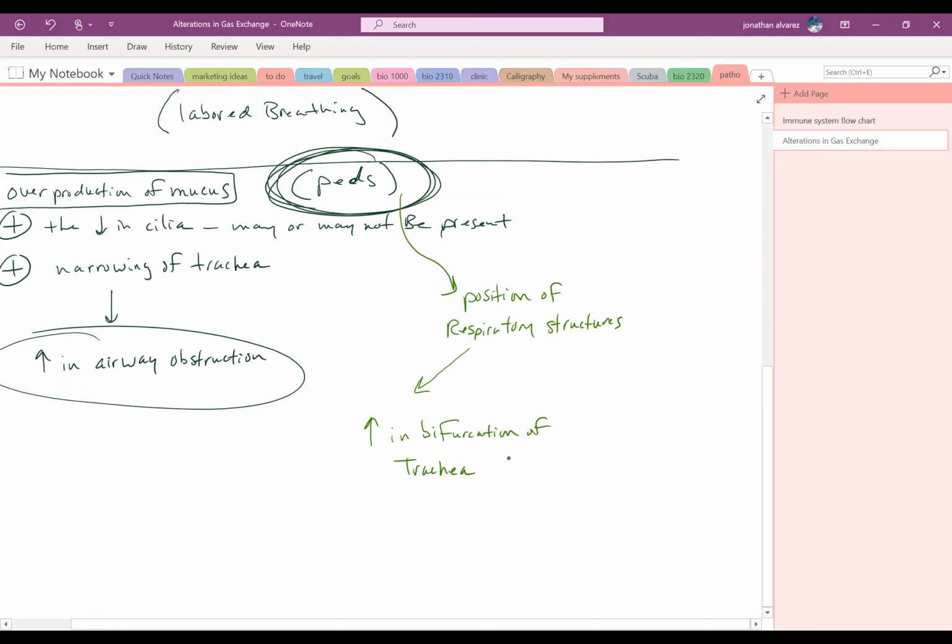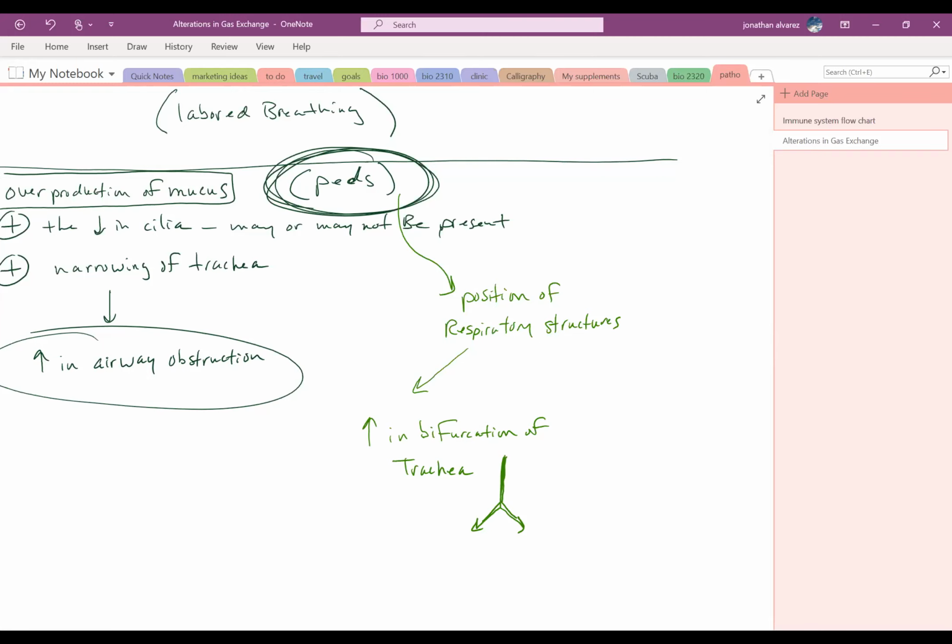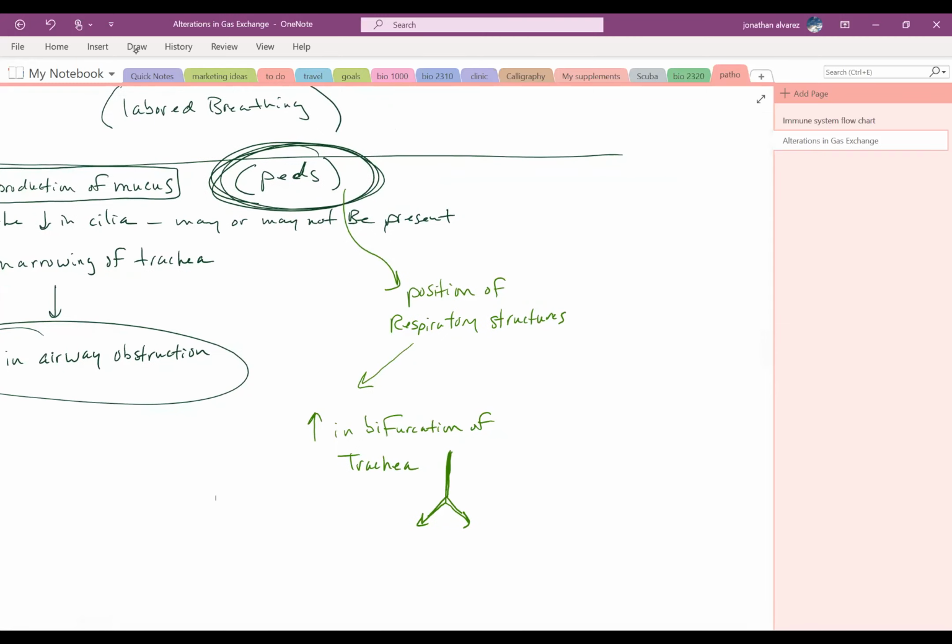Right, so when there's a fork in the road, so you've got a straight line and then all of a sudden it splits, that's a bifurcation. Okay, it's kind of like a fork in the road. Like a snake's tongue, for example, is bifurcated. So they could have an increase angle of that bifurcation. Okay, another one